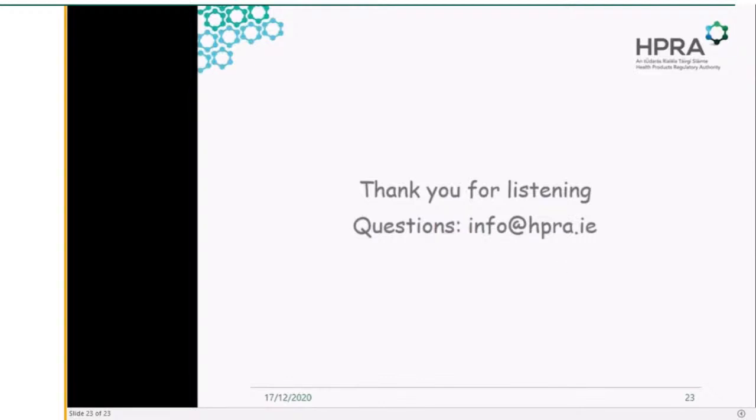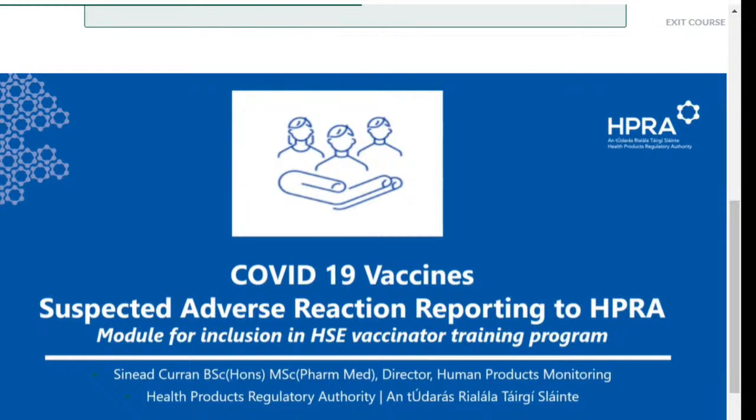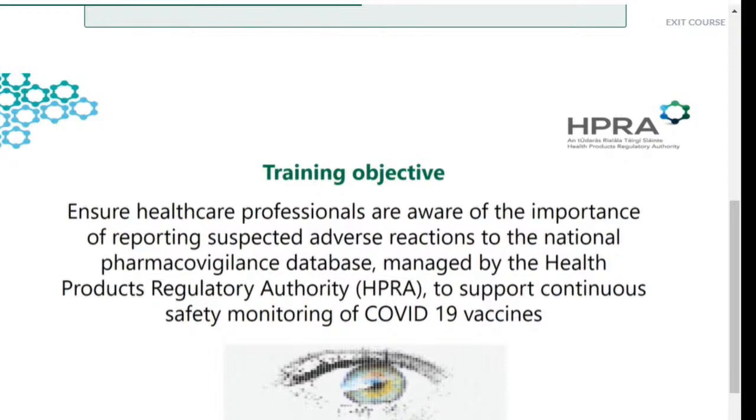info@hpra.ie. Participate together with other EU agencies in safety monitoring coordinated by the EMA. The objective of this training module is to ensure healthcare professionals involved in the rollout of the COVID-19 vaccination programme are aware of the importance of reporting suspected adverse reactions to the HPRA and the reasons why this is particularly